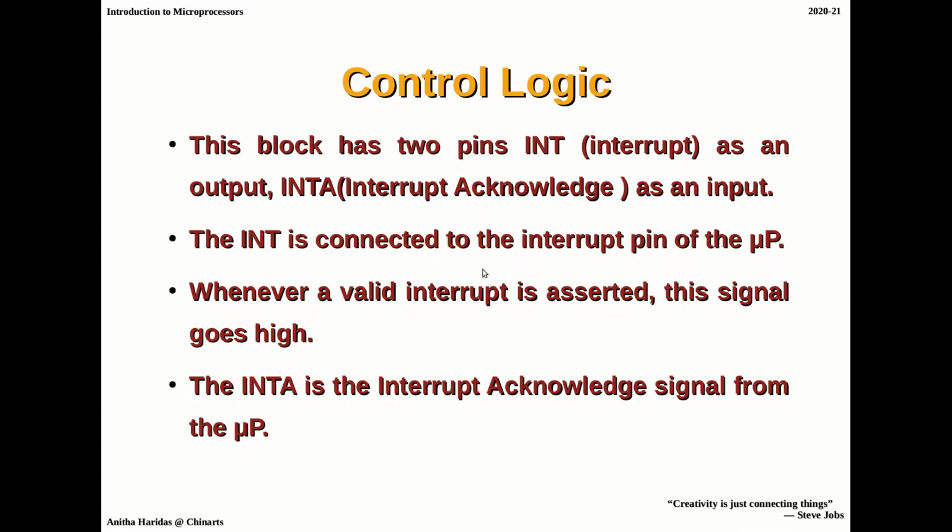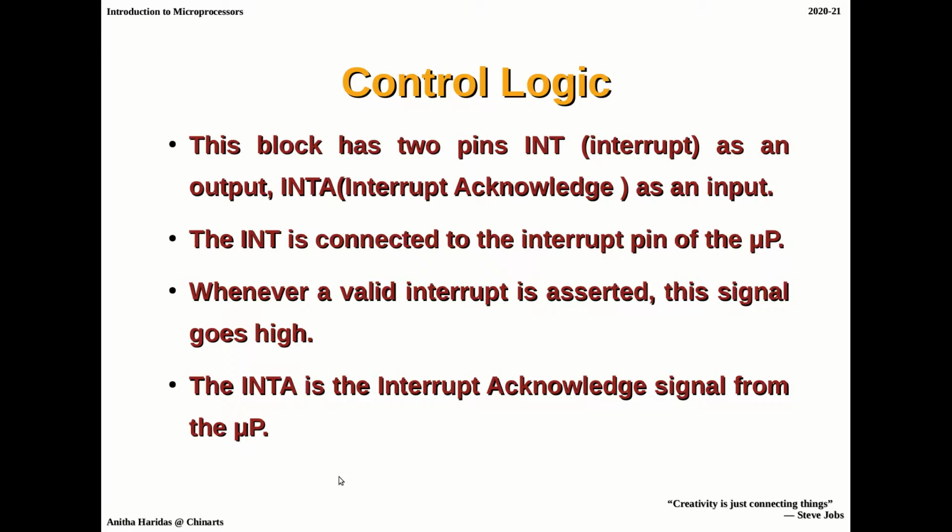Then we have the control logic. The control logic has two pins, the interrupt pin as well as the interrupt acknowledgement pin. The interrupt pin is connected to the interrupt pin of the microprocessor. Whenever a valid interrupt is asserted, the signal will go high. And the interrupt acknowledgement is the signal from the microprocessor, which will be sending the acknowledgement to the